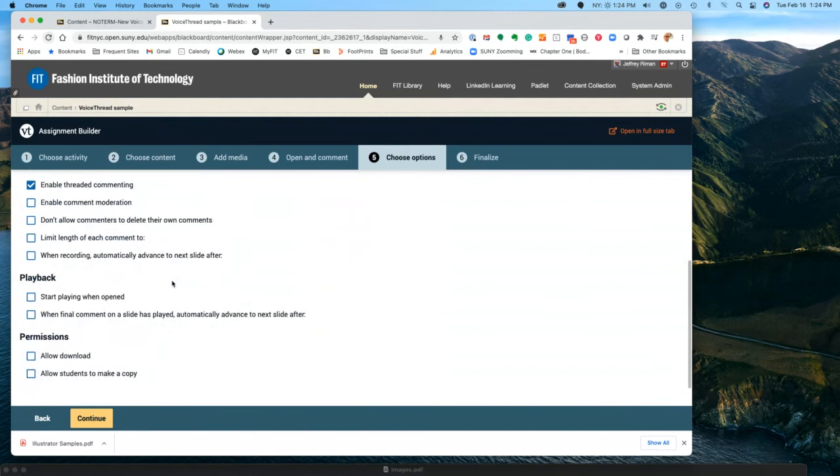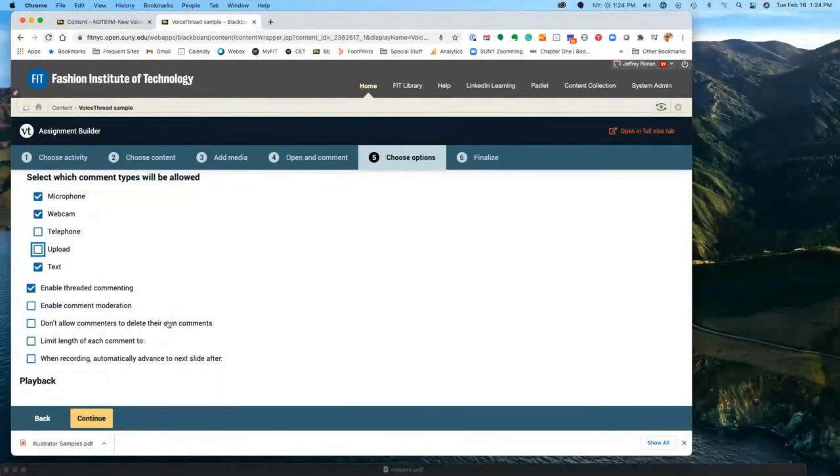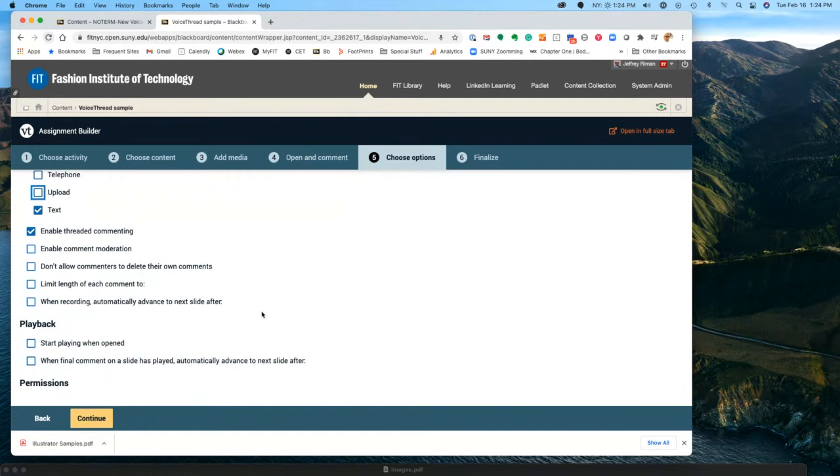Now, Jose, is there anything here you want to comment about this? I think you might want to talk about enabling comment moderation. I don't know too many people who use it, but it's there to allow you to kind of filter what the students see and hear from each other. Yeah, the only time I've used it was if you're doing an authentic assessment where you don't want the students to copy off each other, then you will enable comment moderation. In that case, students cannot see each other's answers. So if you're assessing the student, then that would be the feature that you want to turn on, enable comment moderation.